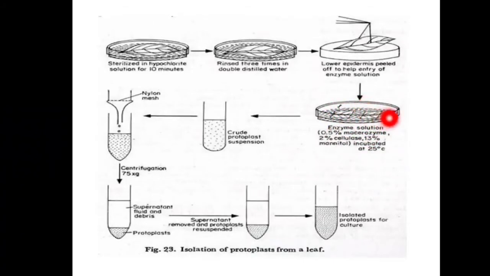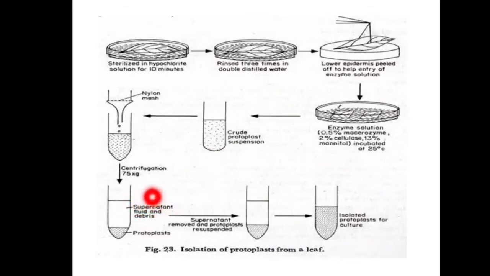Why do we call it the protoplast enzyme mixture? Because now the protoplasts are found in the enzyme solution. The enzyme mixture is filtered through nylon cloth, and the filtration removes the cell wall, cell clumps and undigested tissues. Then the filtrate is centrifuged, and the supernatant fluid, which contains the cell wall debris, is removed by pipette. The protoplasts remain at the base of the tube, as you can see here.